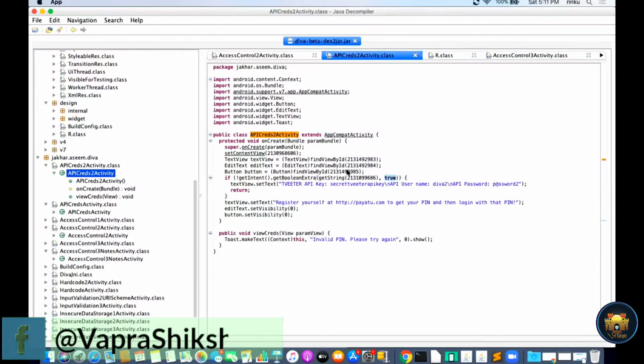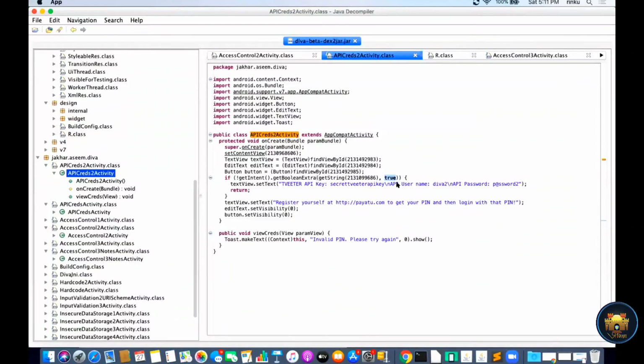If this value is not coming as the true value, then this text will be shown to the user: Twitter API key, secret, Twitter API key, username and password.